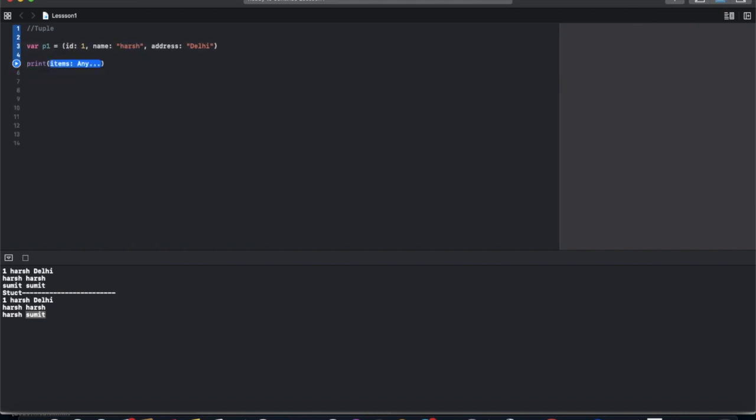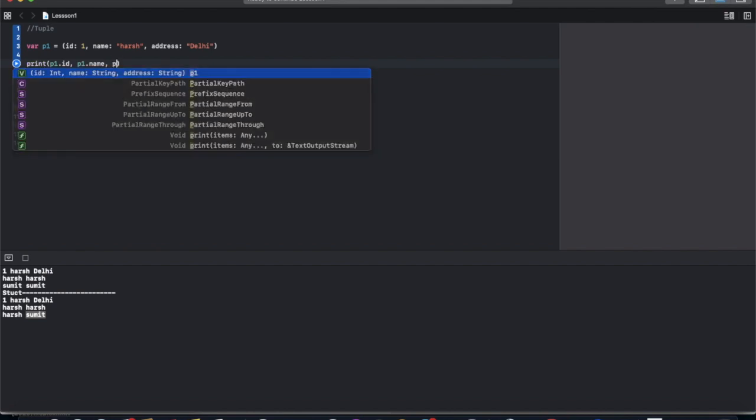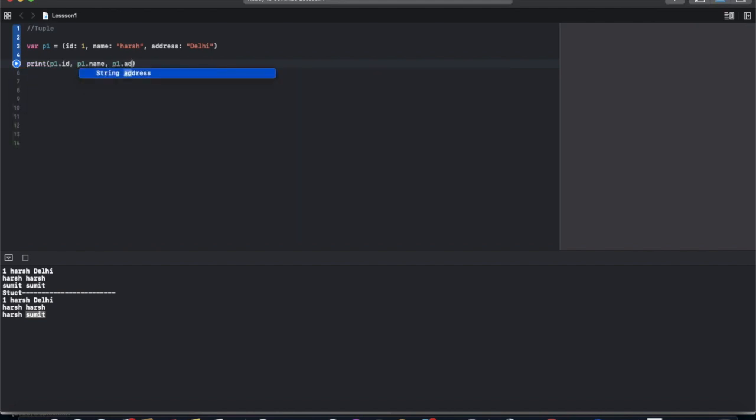Now print p1 dot id comma p1 dot name comma p1 dot address.